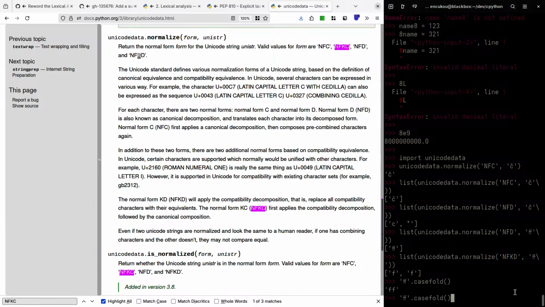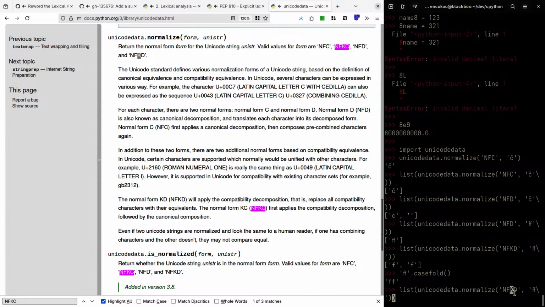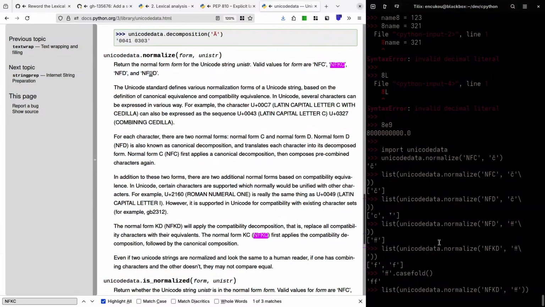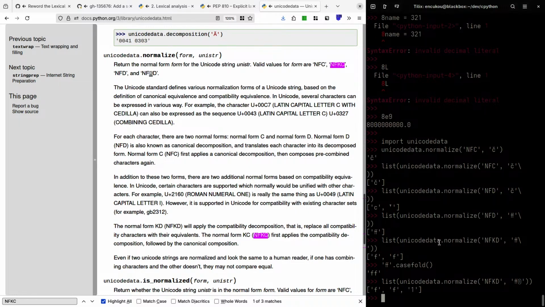The compatibility forms get rid of some weird characters. What does NF mean? Normalization form. So this is a circled digit 1, and the compatibility normal form just turns it into a regular 1. Awesome, I didn't know that.